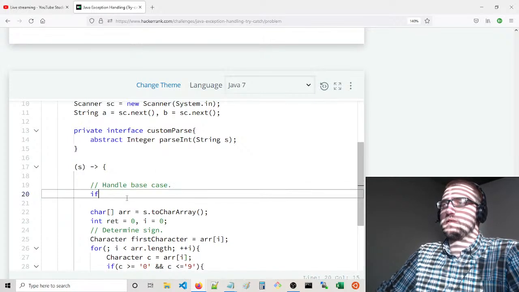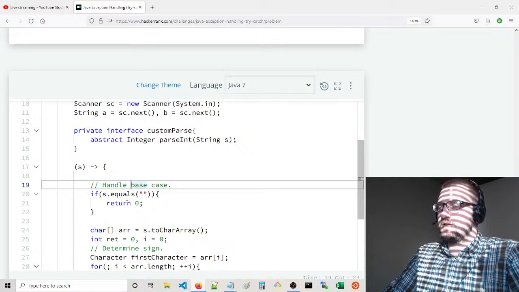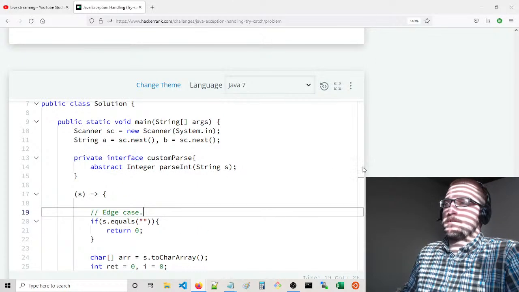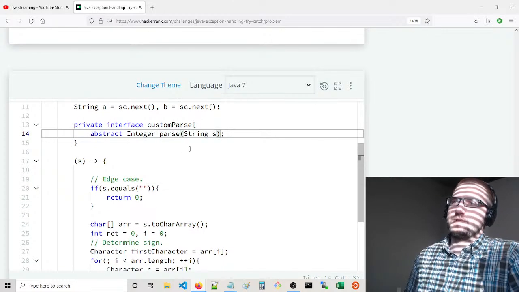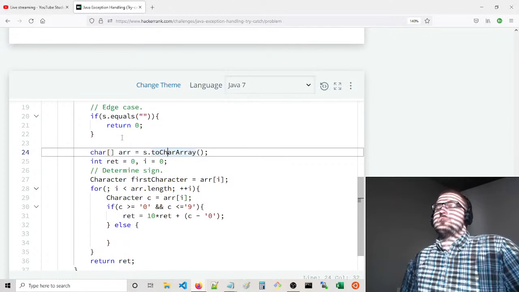Base case. So if s dot equals empty string, throw new, actually just return 0, I think. Handle the empty case. Or is this an edge case? Yeah, more like edge case. Okay, so I'm going to call this parse int, which is parse. Edge case, array, character array,